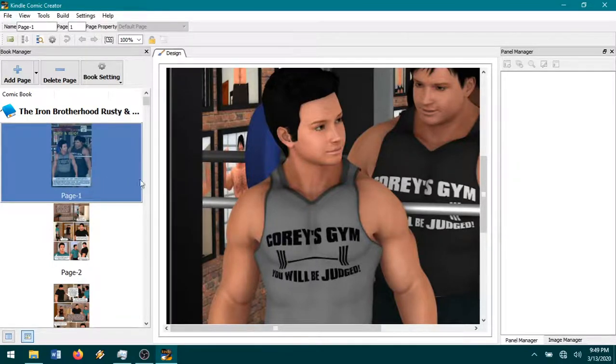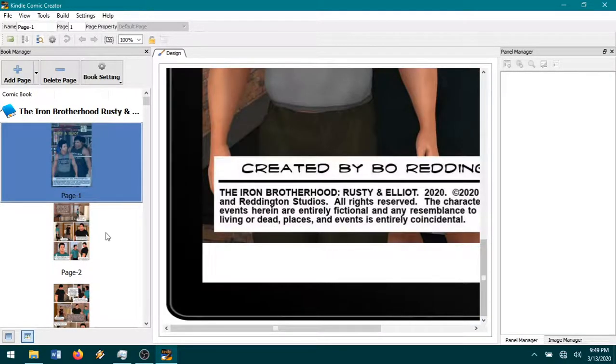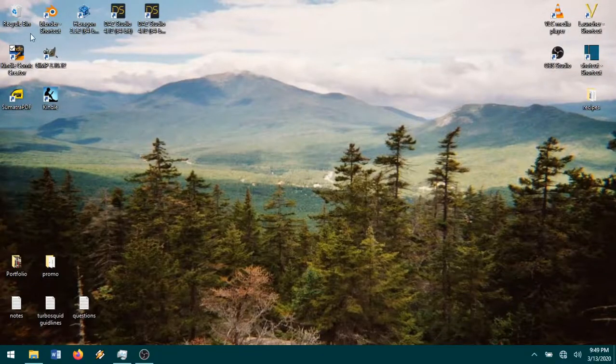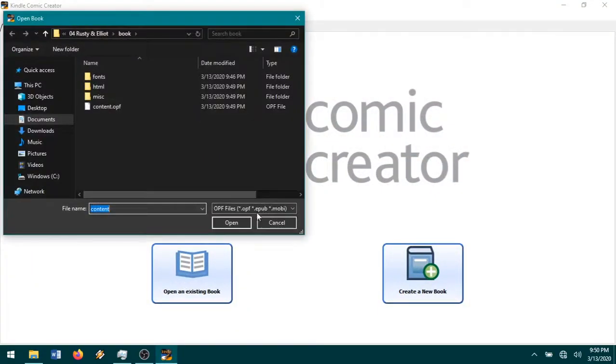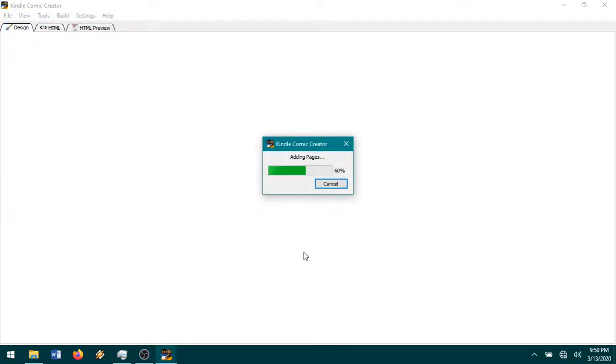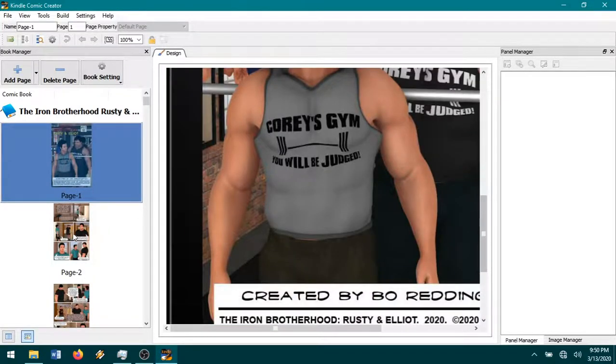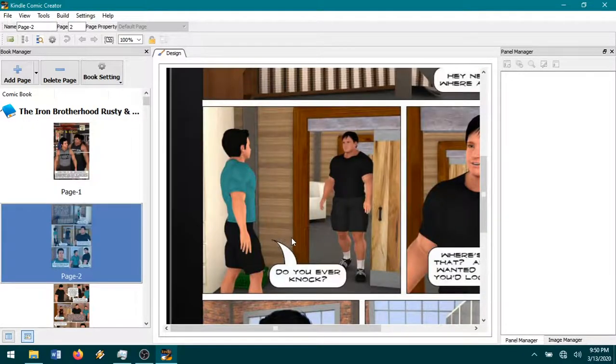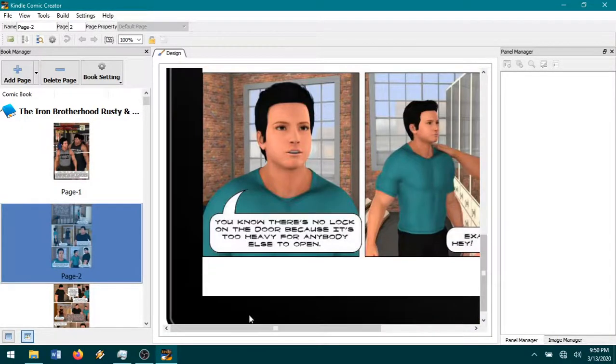From here on out, there shouldn't be any problems with it crashing, but I'll save it frequently anyway, because you never know, and it's always better to save it. So now what we want to do is, as you can see, oh, Jesus Christ, and there it just crashed again. See, I guess we are going to have problems, but so